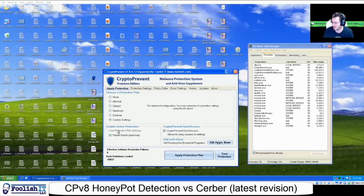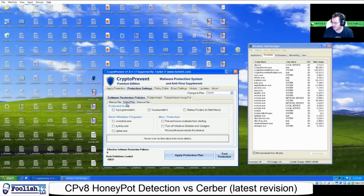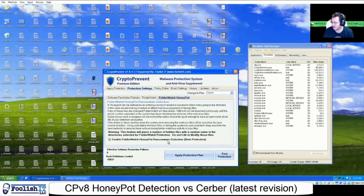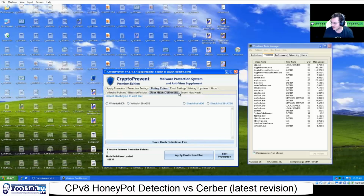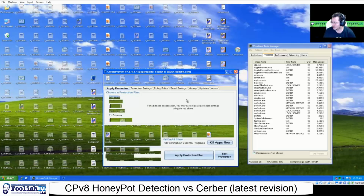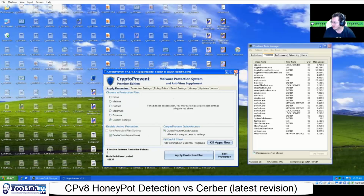encrypted. So just to show you here, all we have enabled right now is the folder watch, and we'll click through our various ones here. No other protections, just our folder watch monitoring our basic user folders. We have our HoneyPot ransomware detection enabled here. I've already applied it because you can see all of our protections here, but we'll go ahead and do it again just to make sure, and nothing's in our whitelist, blacklist, or definitions, so nothing else is blocking it here. So we'll go ahead and apply here, and we're not going to restart because you don't have to restart for this protection to be active and working,